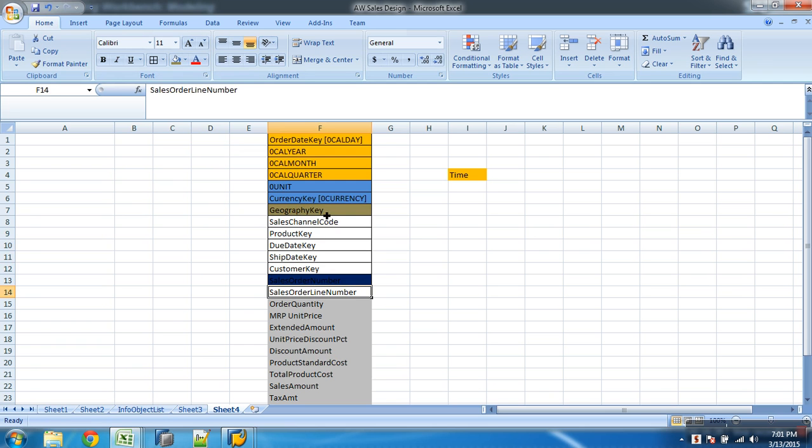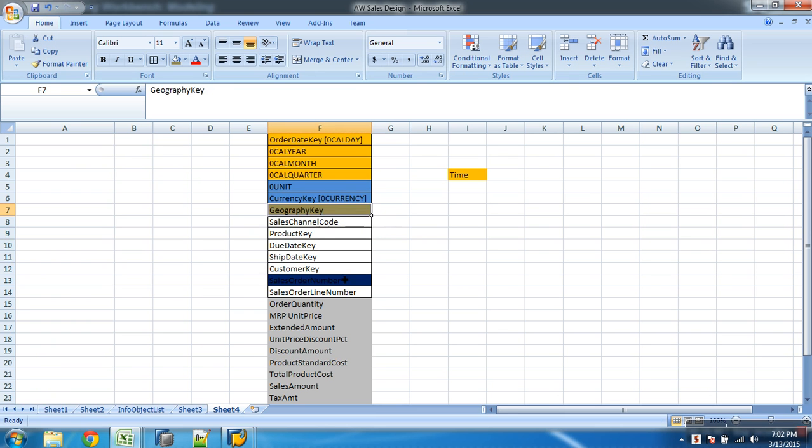When I assign my geographic key to a dimension, I am looking at whether I can assign other characteristic objects also to the same dimension. Even if I assign, it should not increase the size. If it is increasing the size, I will go with what? A different dimension only. Yeah? Now look at this.